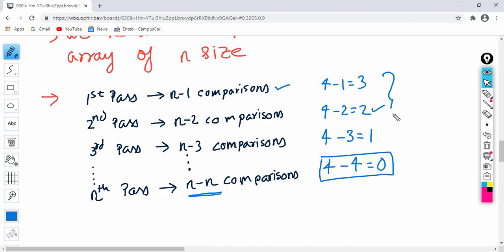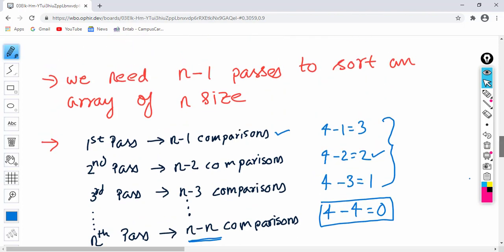The array has been already sorted. So with every pass, we need to do one less comparison than the previous number of comparisons, and ultimately it will reach 0. That means we don't have to do any more comparison. So we will implement both the conclusions in our code.